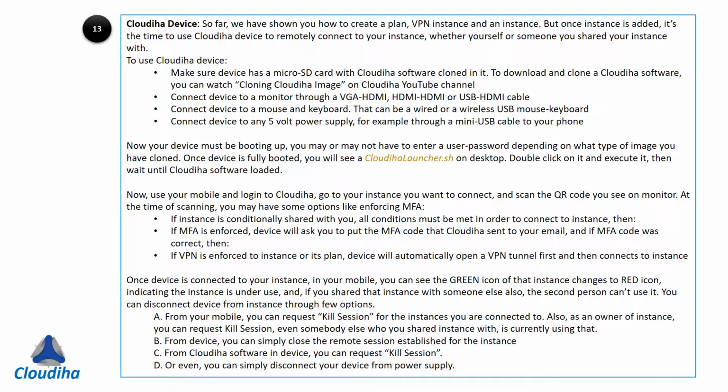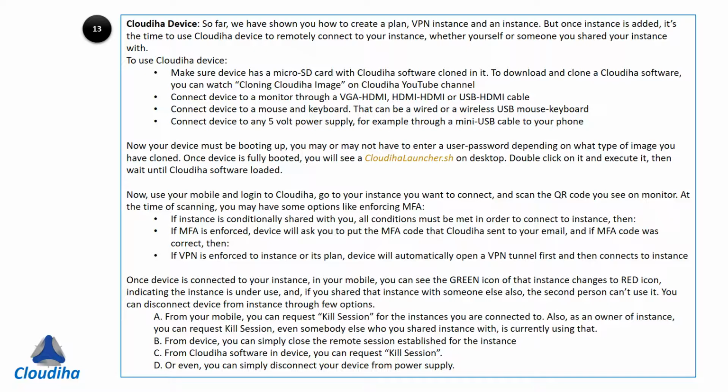Now, use your mobile and log in to Cloudiha, go to the instance you want to connect, and scan the QR code you see on the monitor. At the time of scanning, you may have some options like enforcing MFA. If the instance is conditionally shared with you, all conditions must be met in order to connect to the instance. If MFA is enforced, the device will ask you to put in the MFA code that Cloudiha sent to your email, and if the MFA code was correct, then